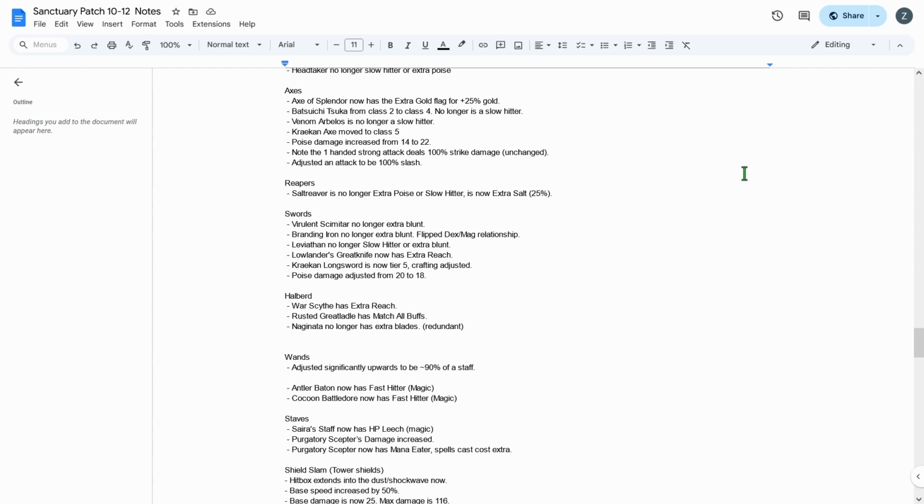The Kraken axe has been moved to class 5, and then buffed accordingly, transmutation cost, etc. The poise damage of all axes was abnormally low. Axes sit in this weird situation between swords and hammers, maces, where swords are meant to be kind of medium or average poise. Axes are supposed to be more medium poise, and hammers are supposed to be high poise